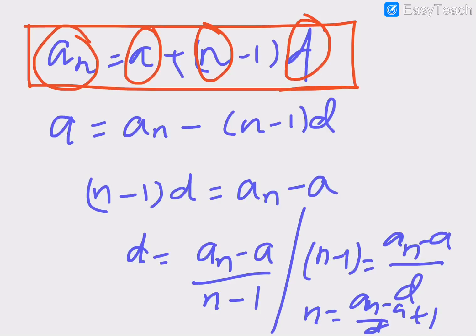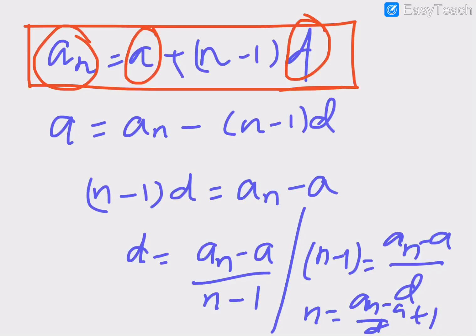Similarly, in any kind of question within this exercise, out of these four variables, they will give you the value of three, either directly or through a clue, and they'll ask you to find the missing variable. Now here, let us see, this is the formula. In case they ask you for the value of a, we simply send this entire part to the other side, that is an equals a plus n minus 1 into d becomes a equals an minus n minus 1 into d, and you will get the value of a.